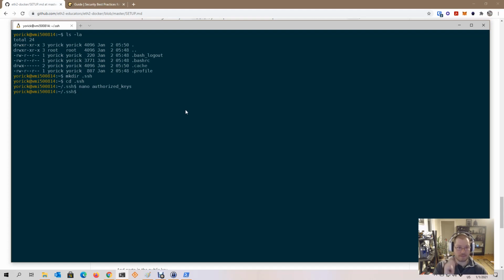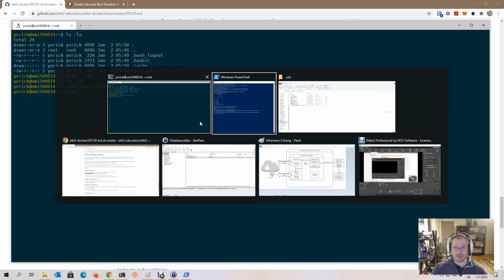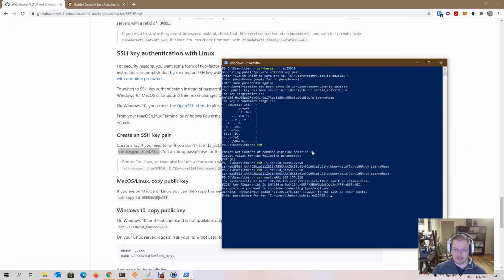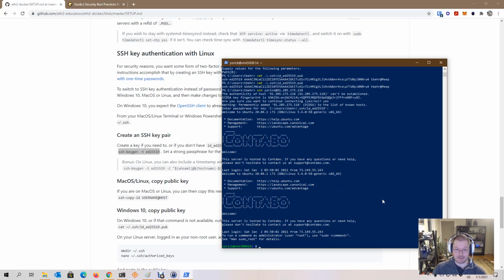Okay, so next steps. I'm going to attempt to log in from over here and see how that works. So I did that. ssh Yorick at IP address. Authenticity of host can't be established, which is expected. Permanently added it to the list of known hosts. Enter passphrase for the key, which I just did. Hit enter, and I am in. Right? So just like that. So now from now on, I could SSH in all the time with this key, which means I can now